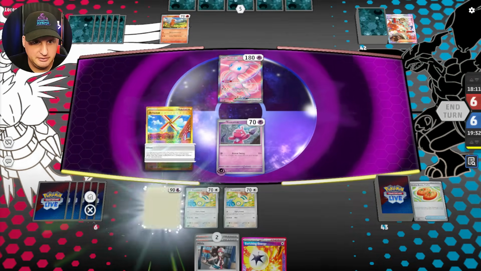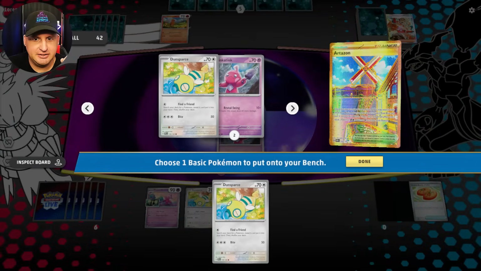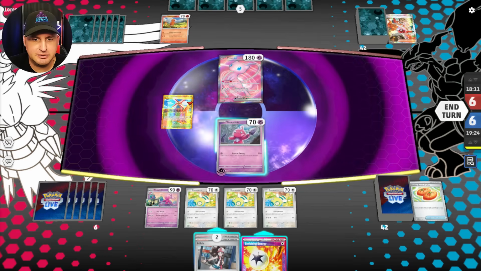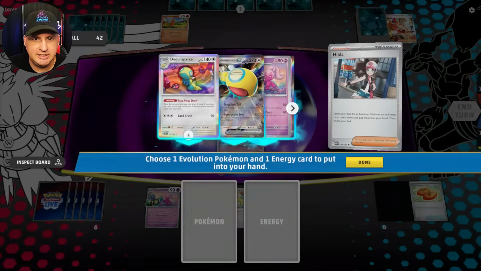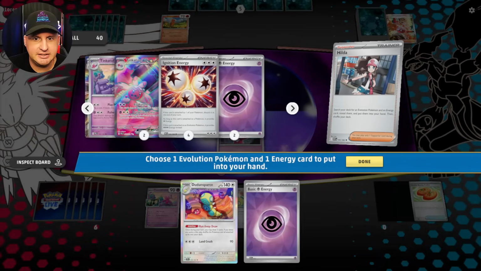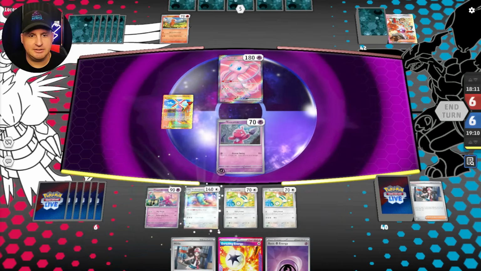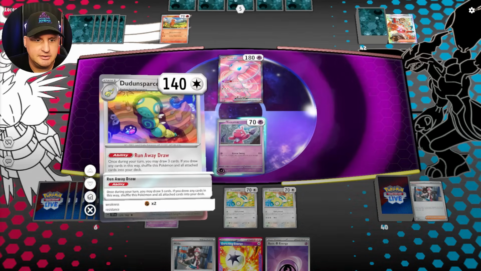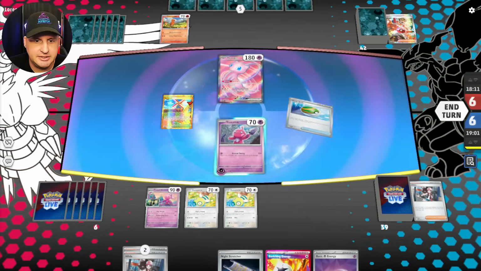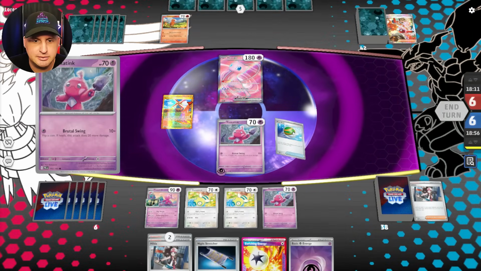Alright, so I think what we're going to do here is this. And if I do the energy... you know what? Let's go here and get Dunsparce and an energy. Because if Dunsparce or Dudunsparce gets me what I need, let's see. Alright, so let's go get another Tinkaton. Because this one's probably going to go...